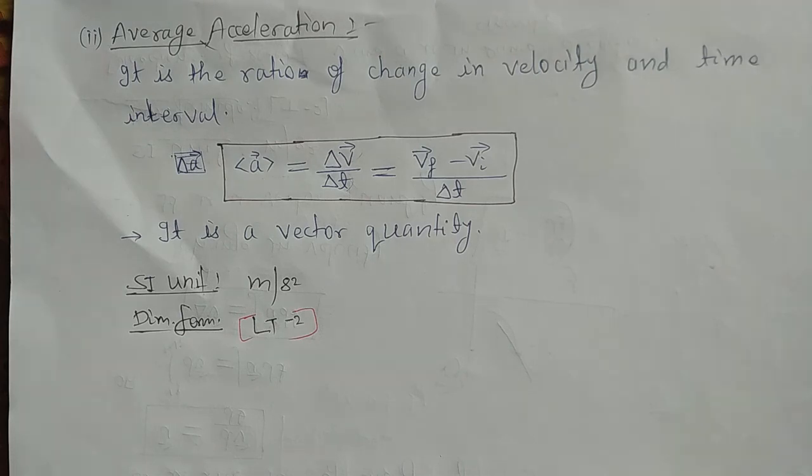In our next lecture, we'll do some practice problems on these topics, that is velocity and acceleration. And an important note regarding velocity and acceleration is, if in numericals only acceleration is given, that means it is the instantaneous acceleration, and if only velocity is given, then it is instantaneous velocity. And average velocity or average acceleration will be stated explicitly in numericals.